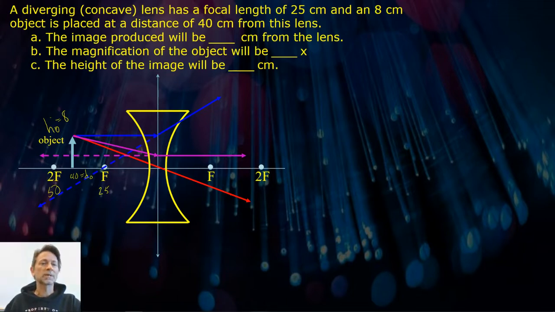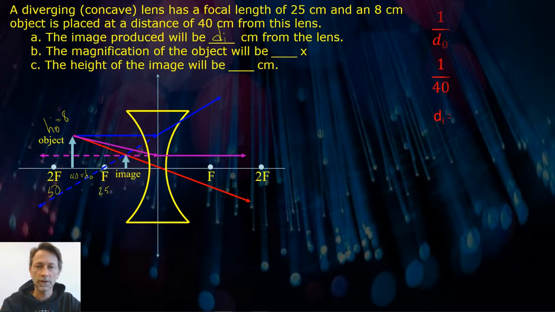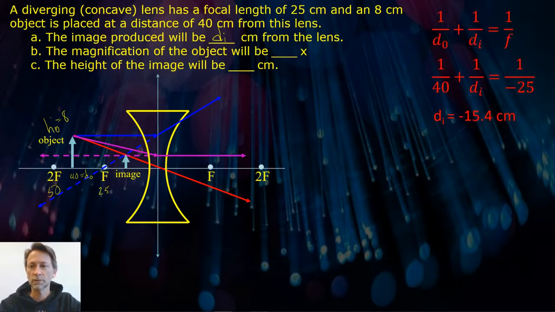So next, we want to solve a problem. The image produced will be so many centimeters away from the lens. Notice that we're looking for our di value there. And I can use, again, I have my focal length, I have my do value. So I'm going to use 1 over di, 1 over do, 1 over f, and plug in my 40 and